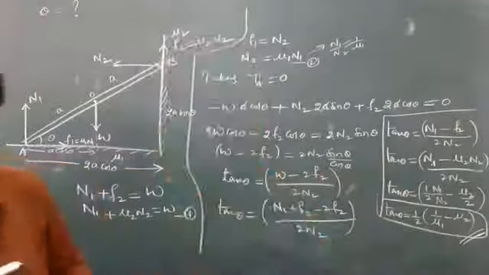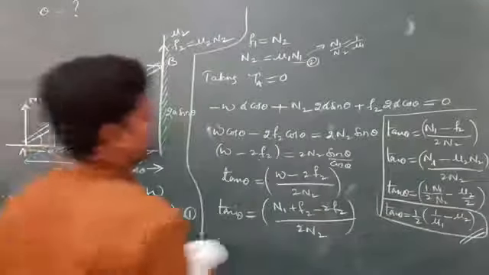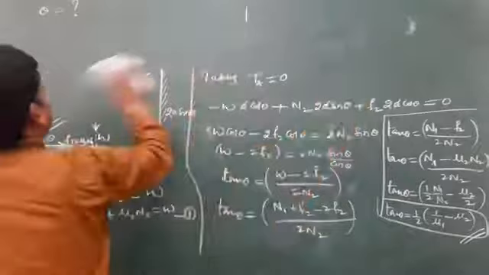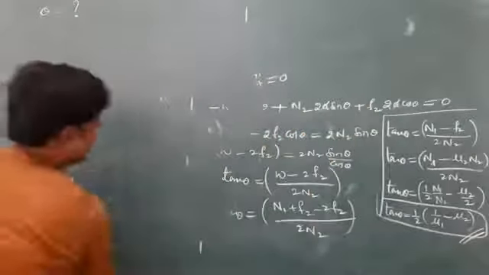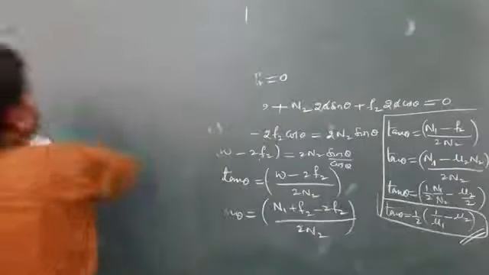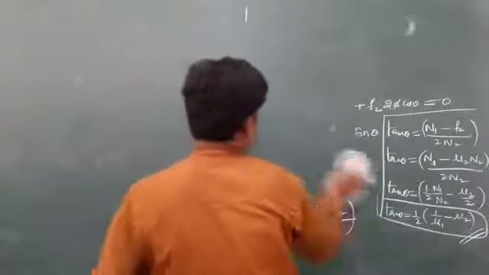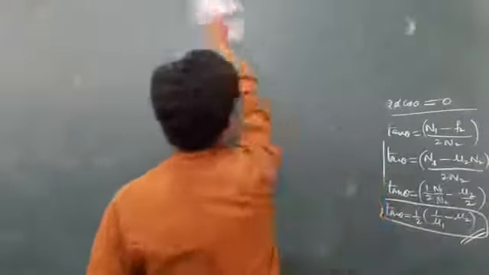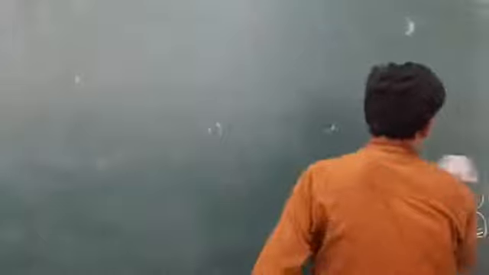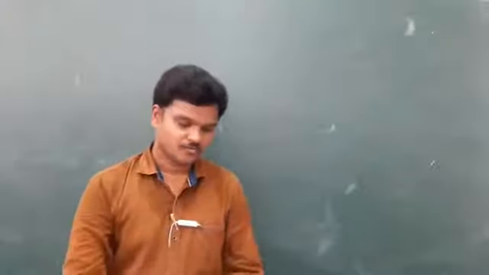Okay. See, one more good level of question. For every ladder problem, the concept is the same. Take the translational equilibrium, balance the forces, you get one equation. And next, take torque about any point as 0, you will get one more equation. Solve the two equations, you will get the answer. Okay, now let me try one more good question.